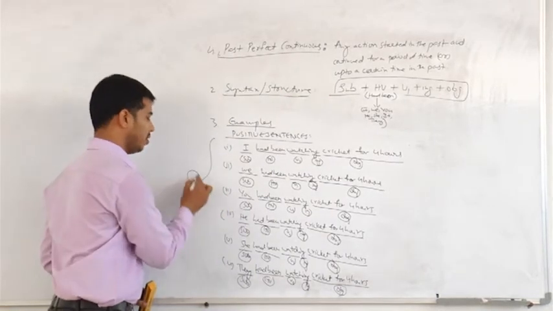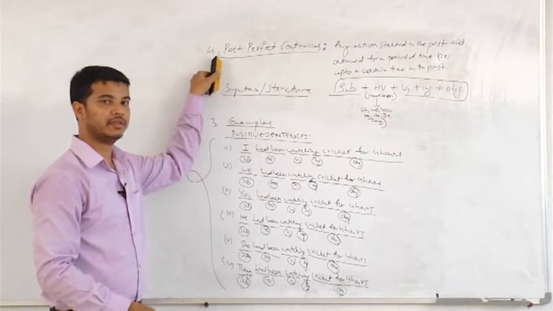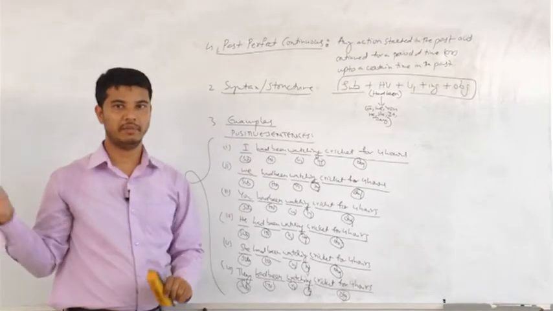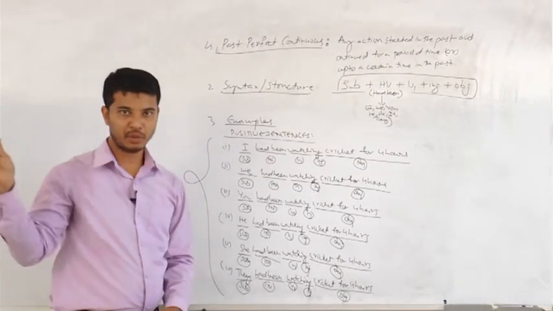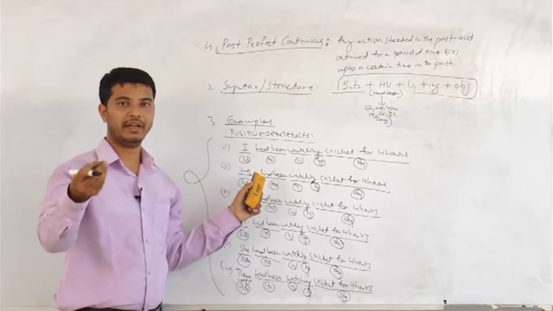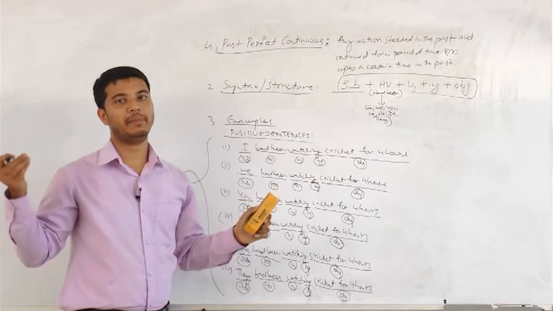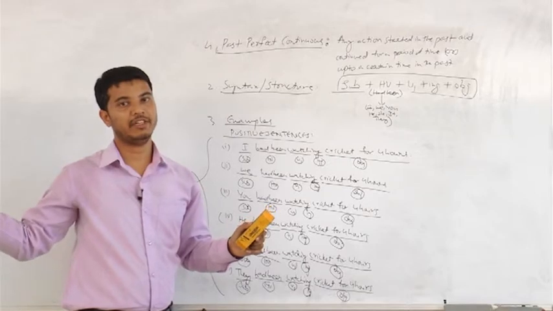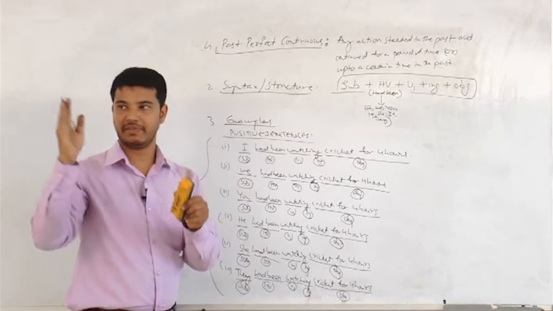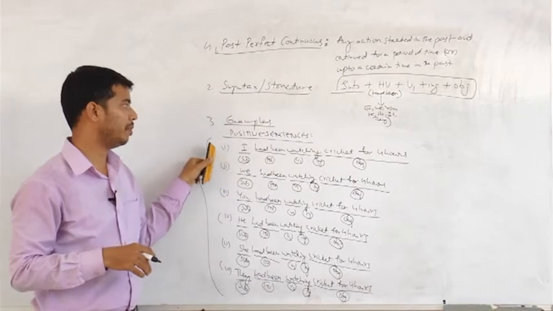So if you see, all these are positive sentences under past perfect continuous. Once again, past perfect continuous is nothing but any action started in the past before a certain time and continued up to that time. And these are the examples. For your understanding, you can take the example of watching an IPL match. Say you started watching the IPL match yesterday at 8 p.m. and you are considering it up to 12 p.m., till midnight. That complete duration, from 8 p.m. to 12 p.m., is called past perfect continuous. And these are the examples for positive sentences.